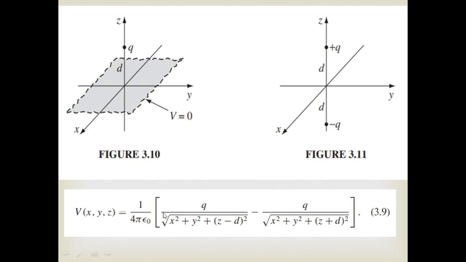Here we can consider that the first charge Q1 is equal to Q, the positive charge. If a point P is taken with variable coordinates x, y, z, then the distance from the charge Q to the point P has coordinates x minus 0, y minus 0, z minus d for the differential vector r minus r1, and the distance is given by under root x square plus y square plus z minus d whole square.